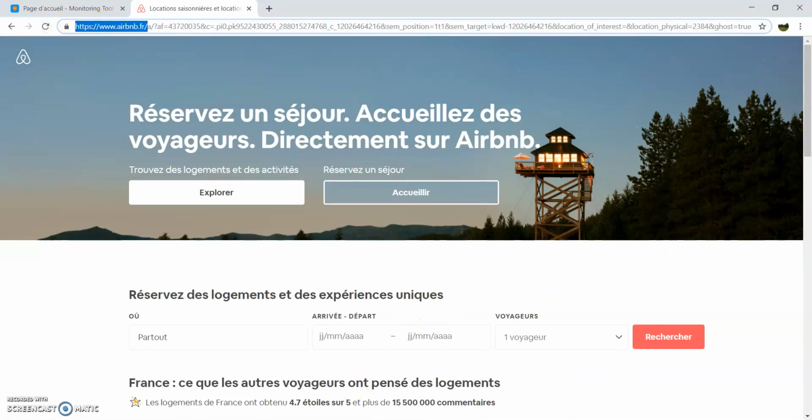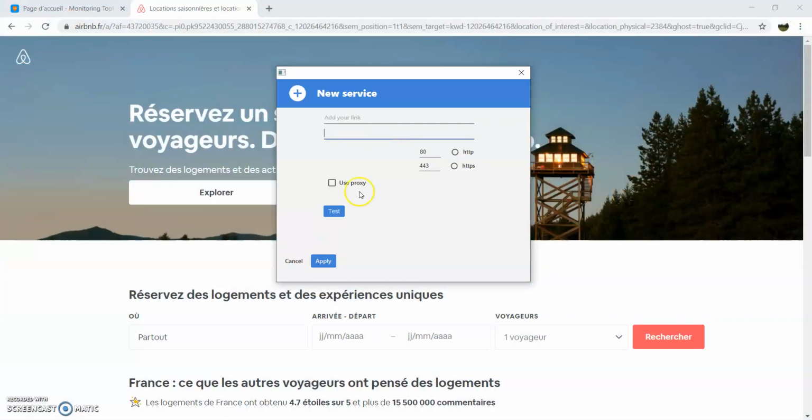I take this one, I go to the website, and I say that I want to have this website in the application. I name it Airbnb. This is the HTTPS protocol, so I have to check it.